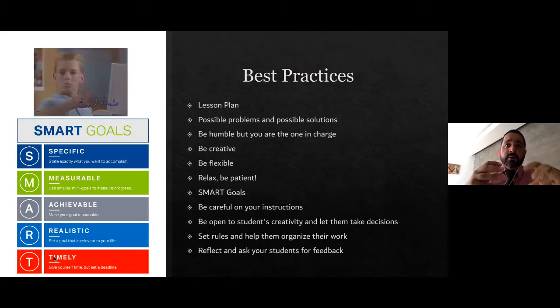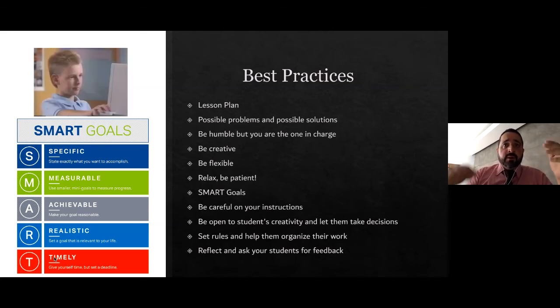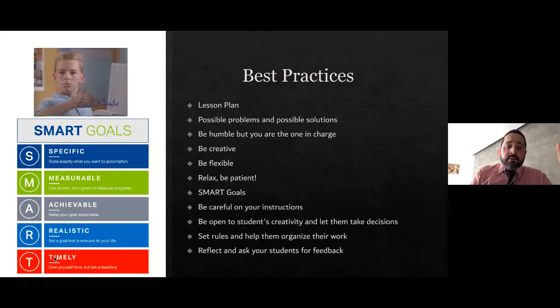Achievable. You have to create projects that your students could achieve. Not so simple, but not so difficult, right? They have to be very realistic. So if I don't have internet, let's not dream. If you don't have internet, let's face it. Let's be real. So what can I do, right? So I have to have goals that are really real